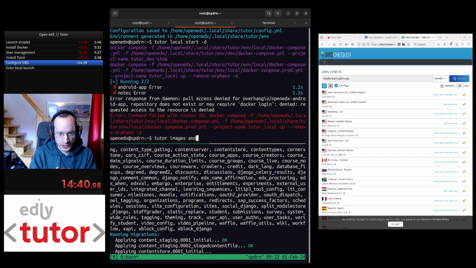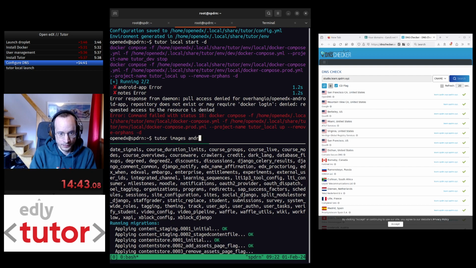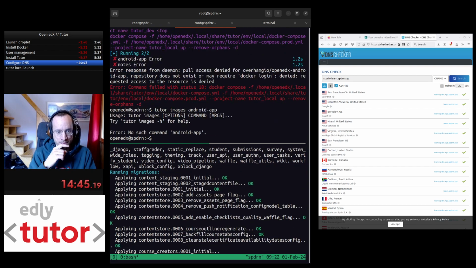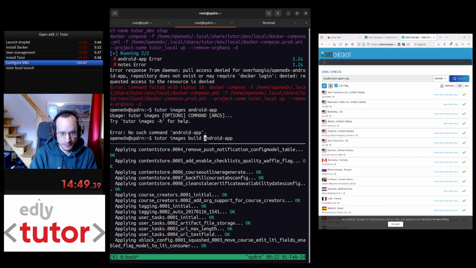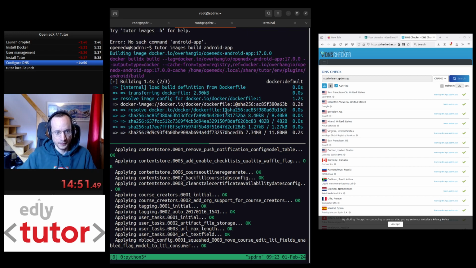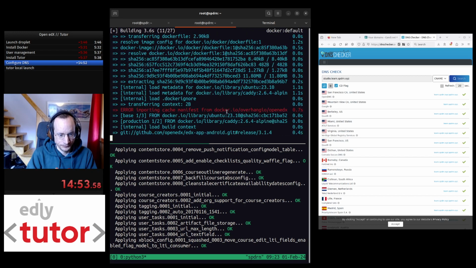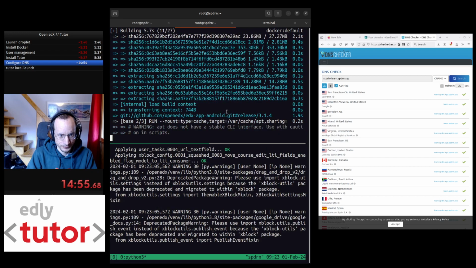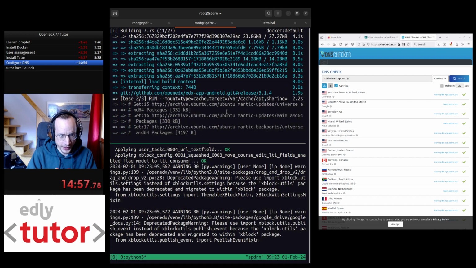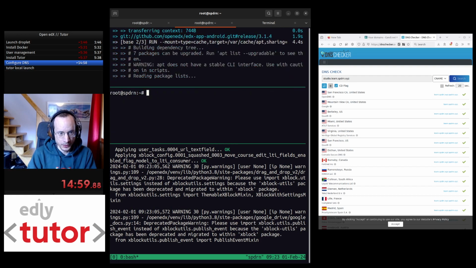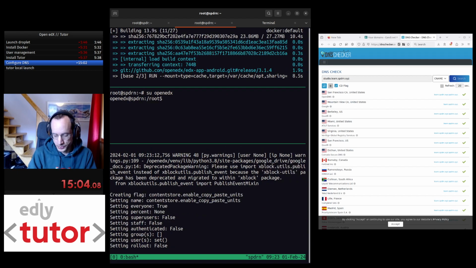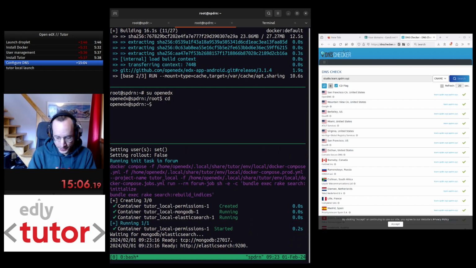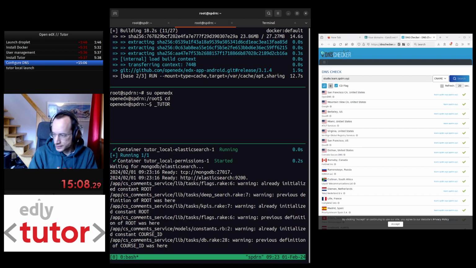So I need to build the Android image, the Android app image. Build, there you go. And this is going to take a while. So in the meantime, I'm going to enable autocompletion for Tutor because it's such a pain to